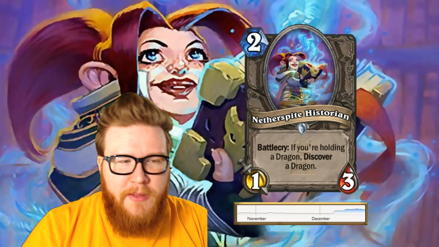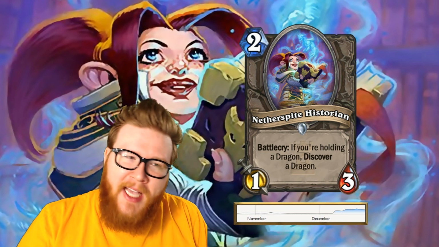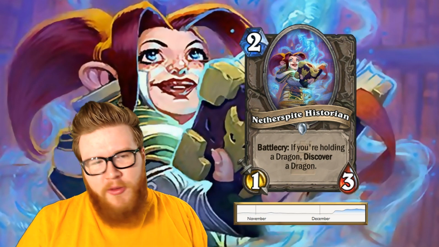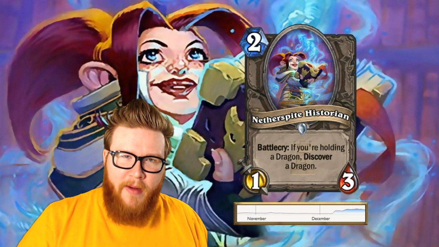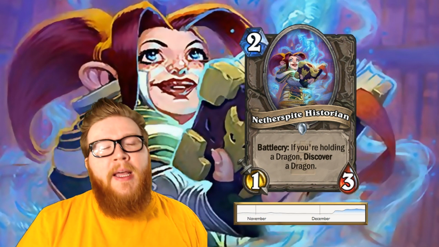For my next card, this one's a little bit surprising because I don't think this is a card that ever totally went away. Netherspite Historian has kind of hung around on the fringe of playability because, of course, this is a Dragon Synergy card, and Dragon Priest in some form or another has always sort of been part of the meta. Clearly in the Mean Streets of Gadgetzan era about a year ago, the card was really playable when Dragon